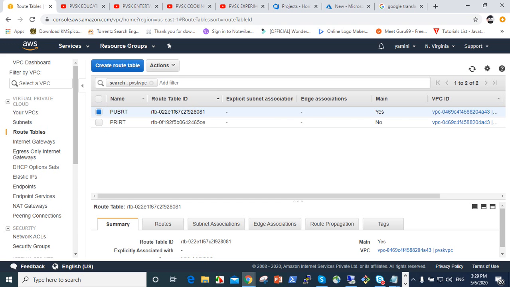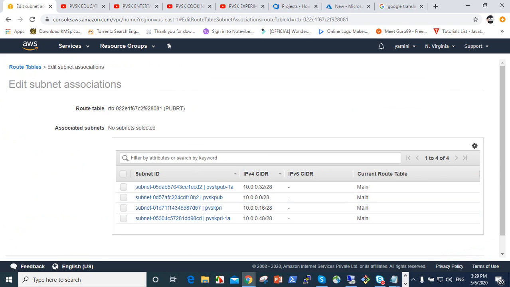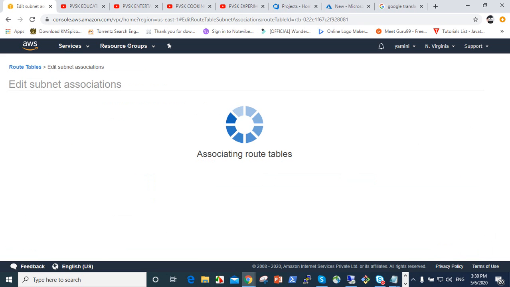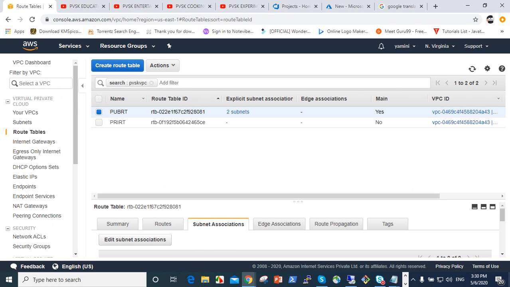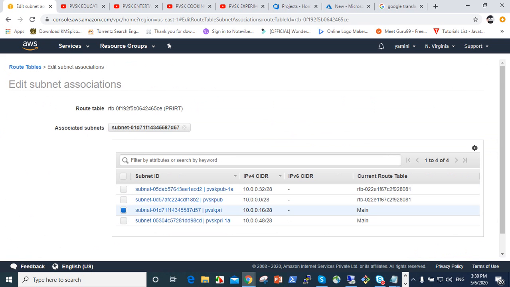Here choose it, go to the bottom page, click on subnet associations, and edit subnet associations. We know this is public and this is public, two subnets added to this route table. Also do the same for the other one: edit and click on both private subnets.